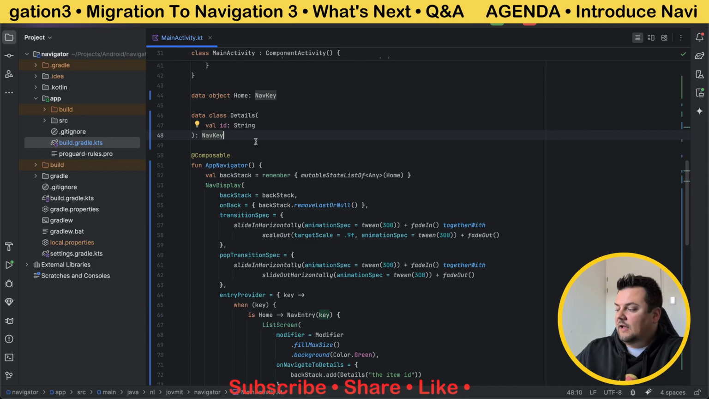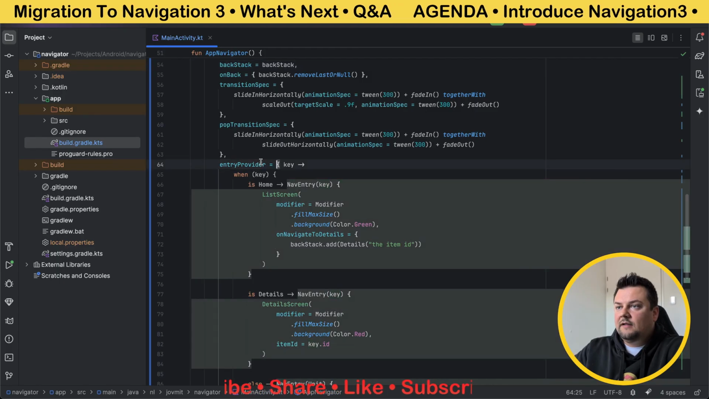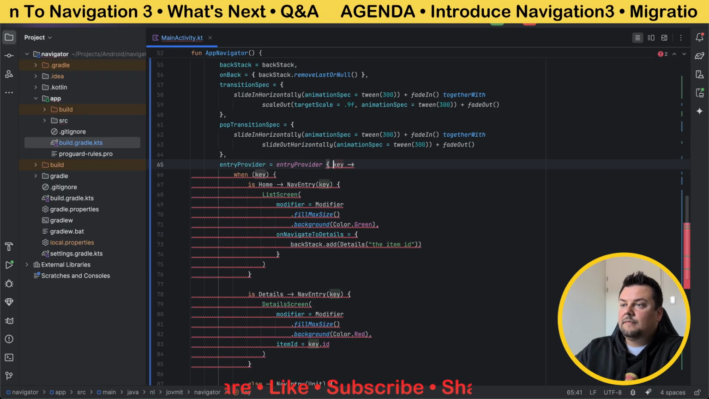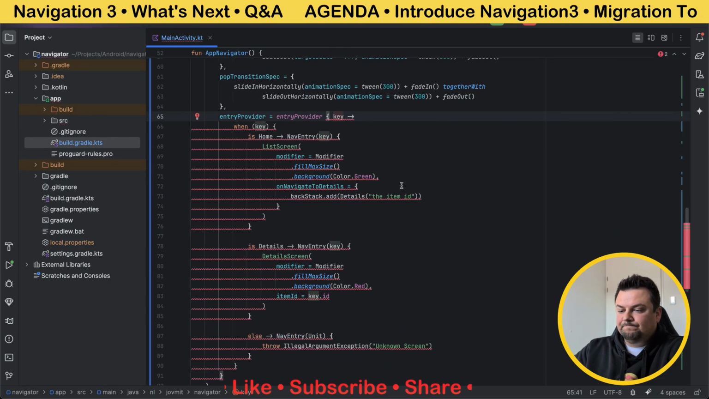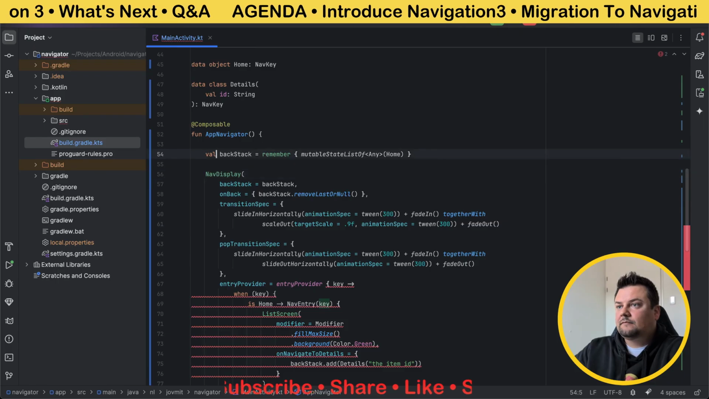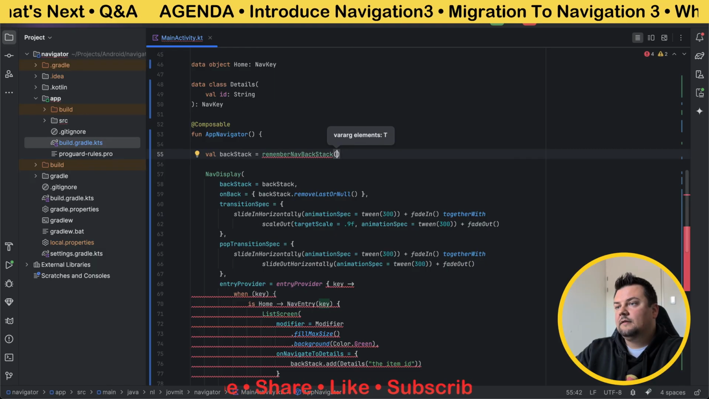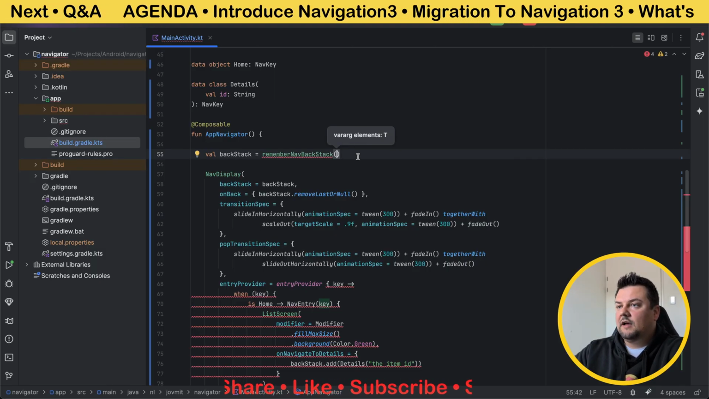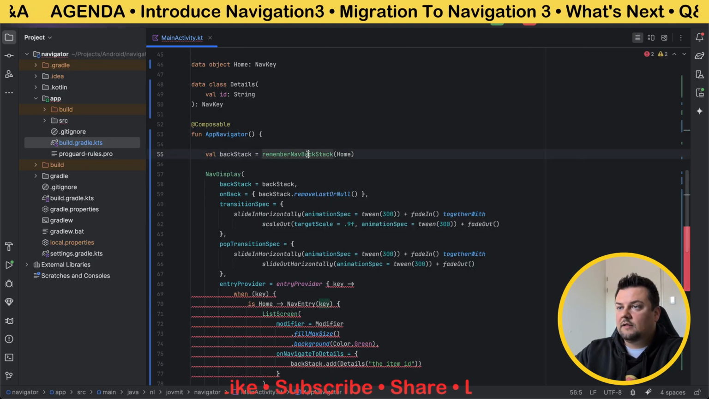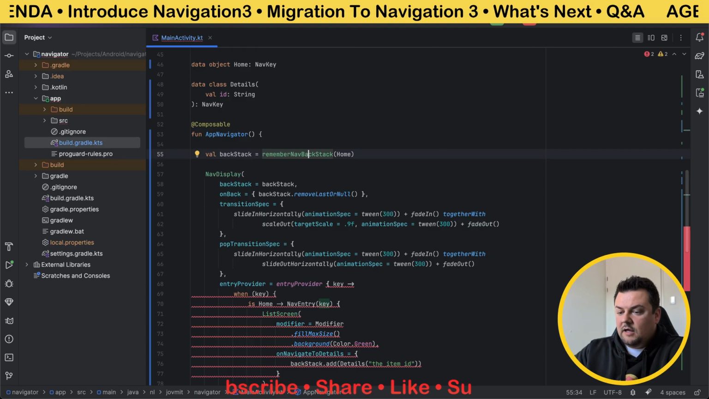And now that these two are nav keys, what I'm gonna have in the entry provider is I can use the DSL. So I can say equals entry provider. And now, I think I also have to change the nav back stack. So I'll say remember nav back stack, and I can pass here the start destination. It's gonna be home in this case. So I remember the nav back stack with a home destination, and then